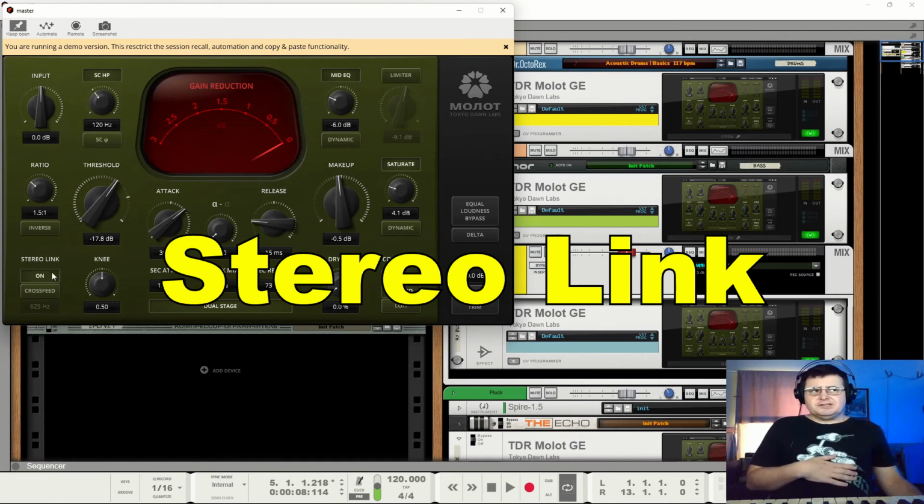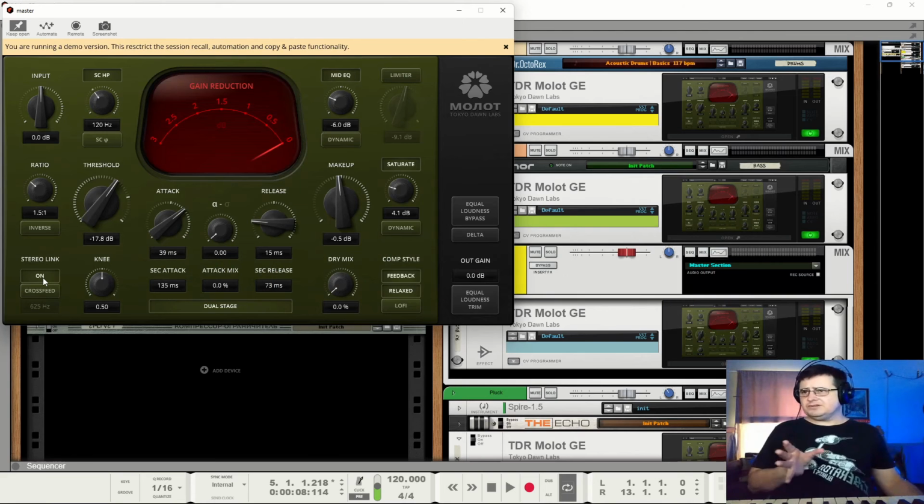Something I didn't touch on, but I did talk about with the Kotelnikov that this will do. We talked about the stereo interaction knob. This actually allows you to unlink those. So if I unlink this, so rather than the stereo coming in and there being a relationship between how they behave, we've now got two mono compressors, one on the left channel, one on the right channel, which means that they can be behaving completely separately from each other.